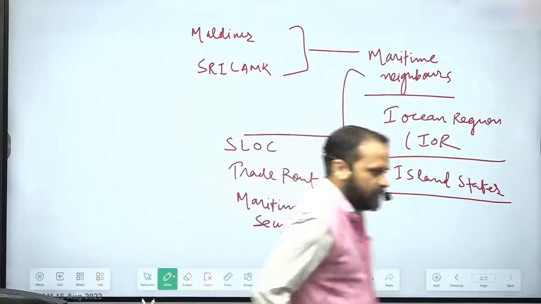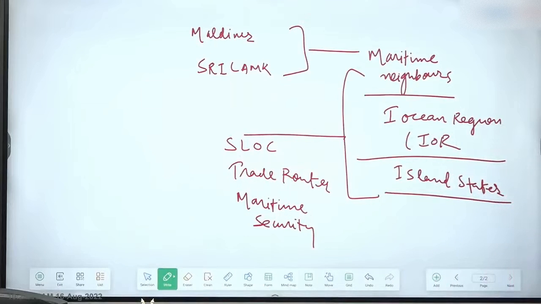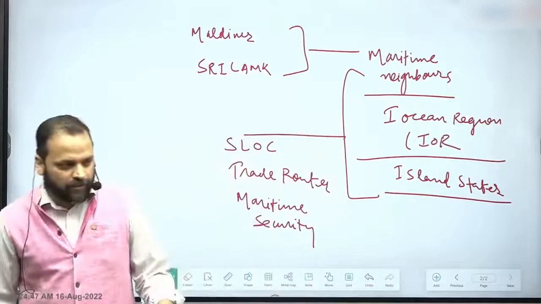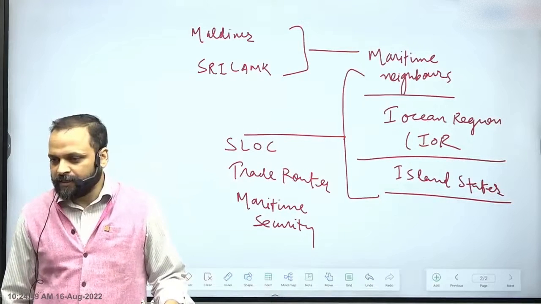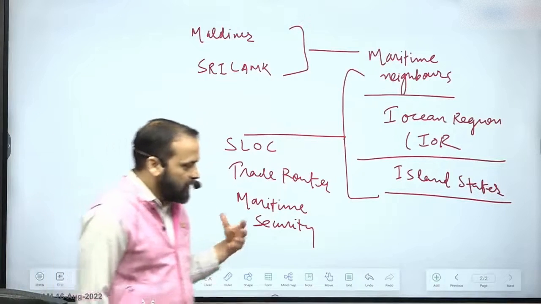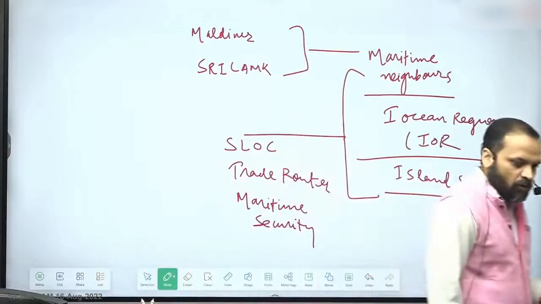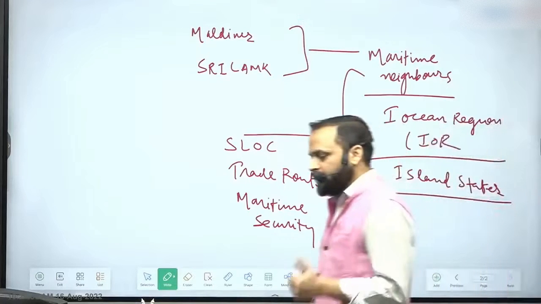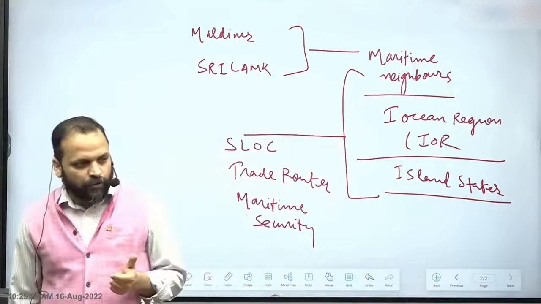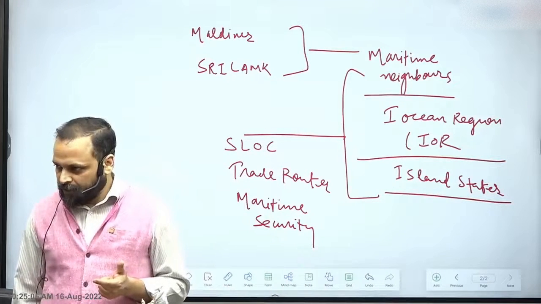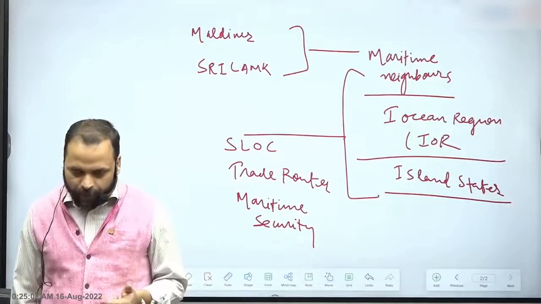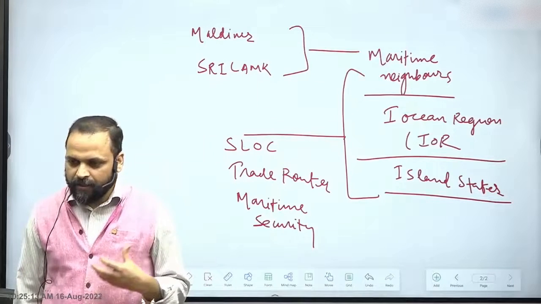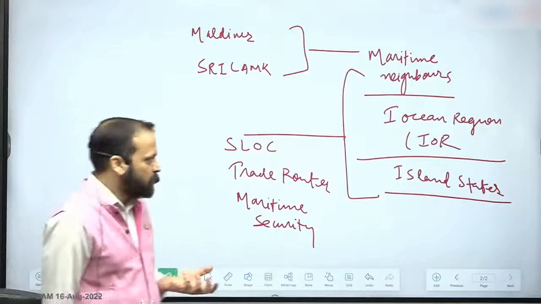interests, right? So if India has to think about its interests in the oceans, India generally has to think about cooperation with such countries. So these countries, Indian Ocean island countries like Sri Lanka and Maldives, become important because A, they are India's maritime neighbors located in the Indian Ocean region. B, their proximity to sea lanes of communication and their proximity to trade routes make them important from the perspective of economic security as well as larger maritime security. That's basically something that you should remember.